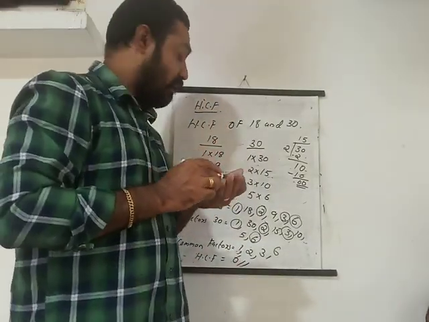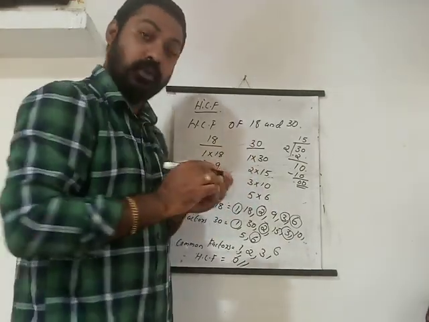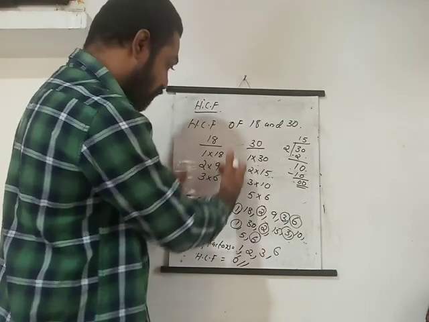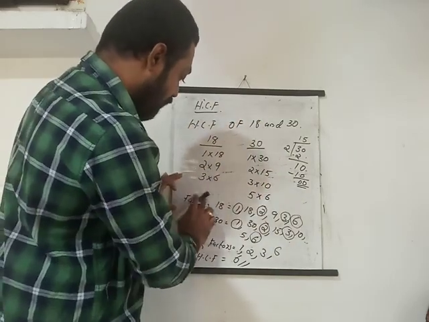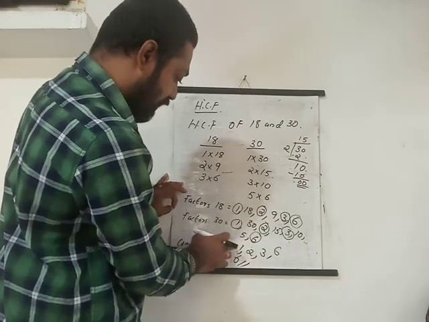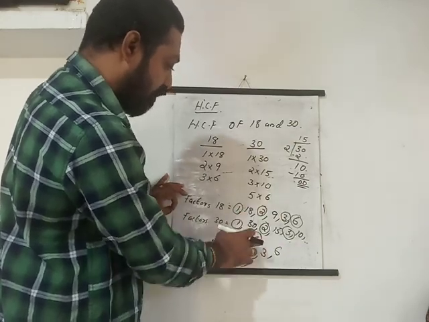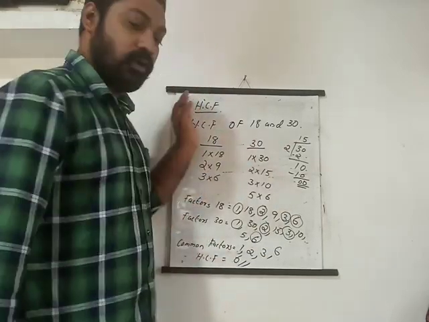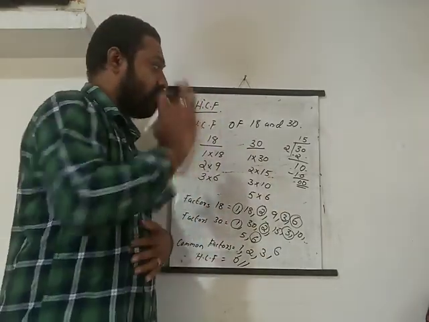Okay, any other numbers, if you are getting 2 numbers, you have to do in this way. You have to write all the factors of these numbers. Okay, after writing these factors, you have to find the common factors. Okay, like this way. Common factors. From this one, which one is highest one? That is our answer, or HCF. Okay, so this is the method you have to follow.